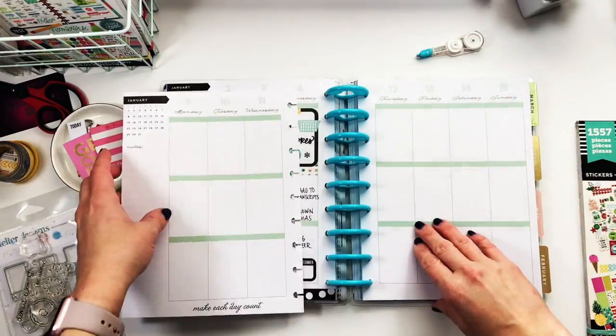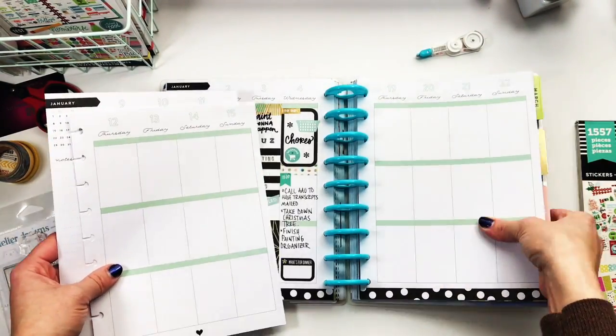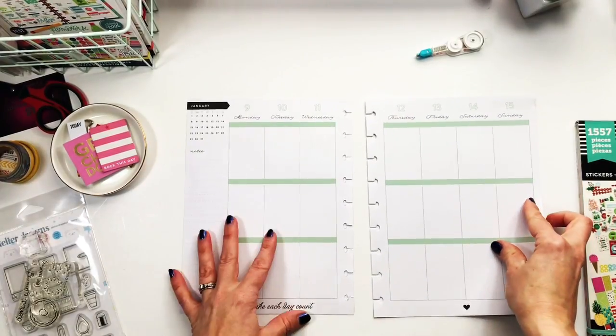So I always take out my pages whenever I go to do my weeks. It just makes it easier. So I'm going to set the rest of this to the side. All right, so